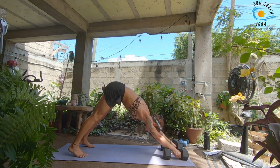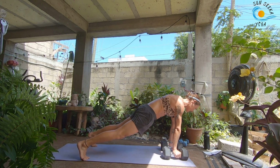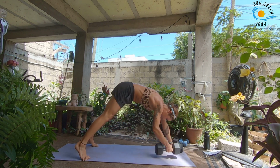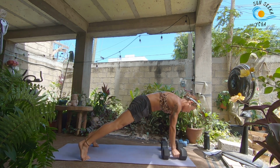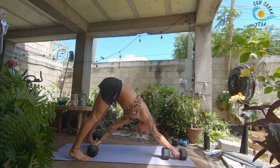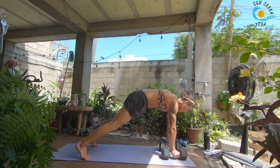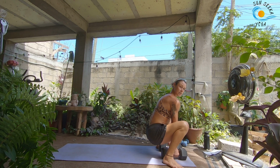As always, weights are optional. You're going to shift forward back into your plank pose. We're going to bring our right hand with us. Take an inhale. As you exhale, you're going to take that right weight, tap it towards your left toes, and then inhale, come back forward. Exhale, take the left weight towards the right toes. Inhale it forward. You're going to hop into your malasana, and then we're just going to do a little bicep